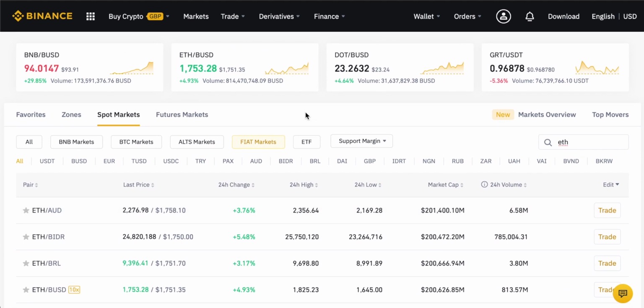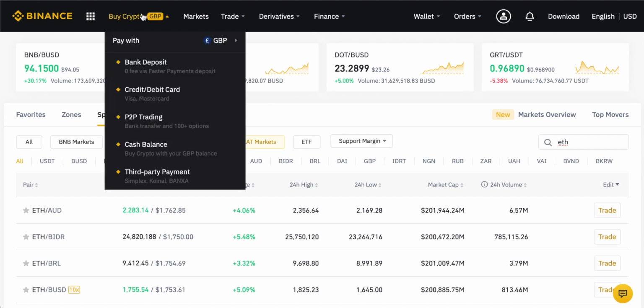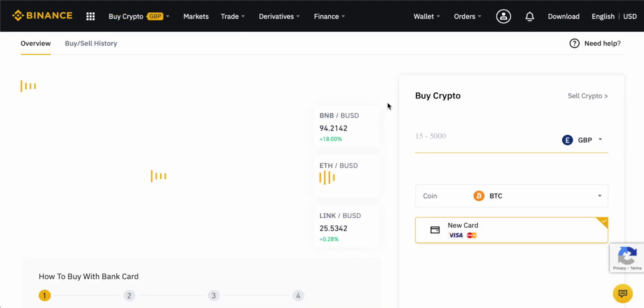So firstly, I want to come onto deposit methods and adding a few payment methods onto Binance. The first and easiest way to buy Ethereum on Binance is to use a credit card. This has some advantages and some drawbacks as well, but we can come up here to buy crypto. It's as simple as that, and then come down to credit or debit card. So we'll click on this one. It's a really simple screen.